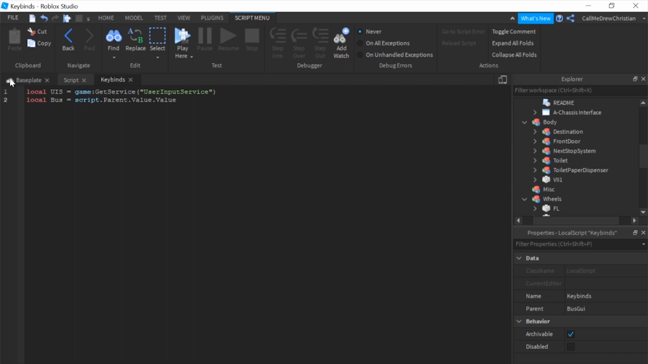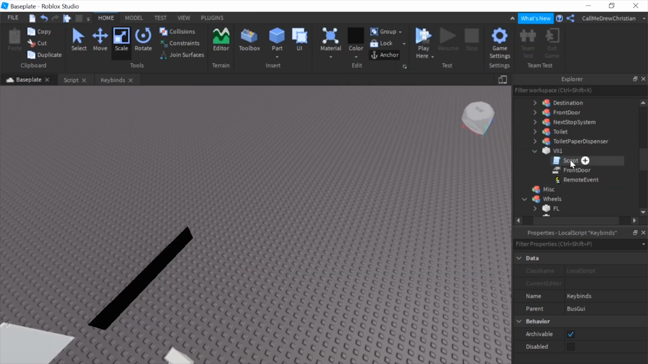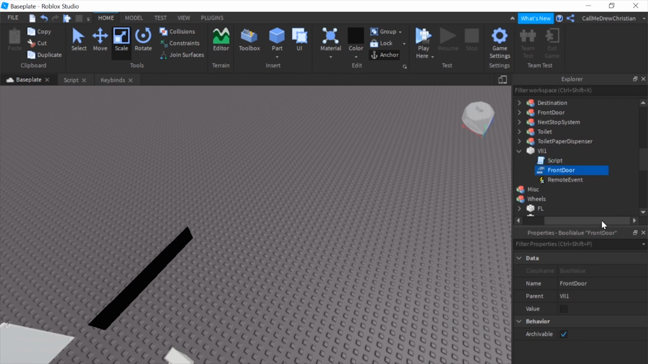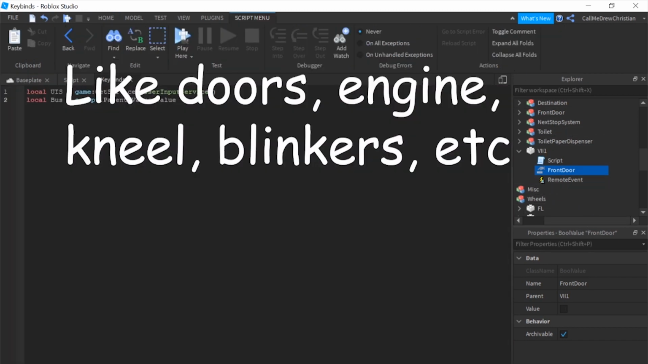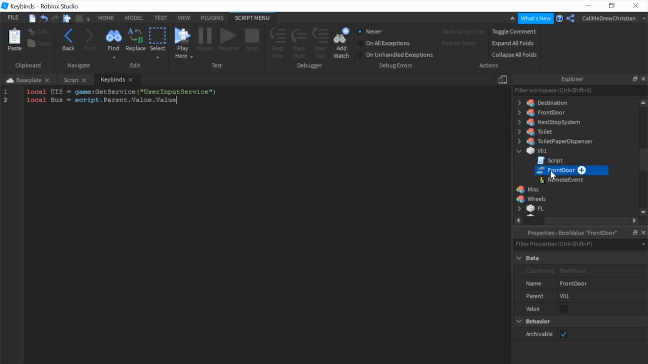But this is usually in the middle, back, somewhere in the bus. This is where the functions happen. So put a script there, the bool value, which is anything you want. So just name this front door, and then there's going to be a back door, kneeling, and so on. Then we're going to do that, and we're going to say